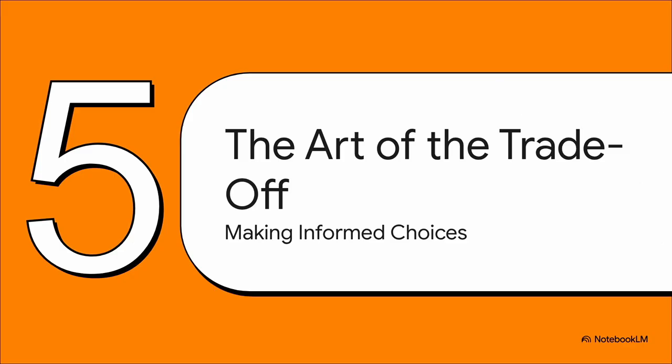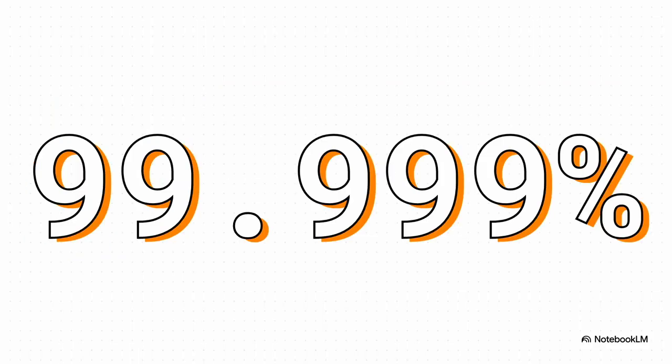And that really brings us to the core of this whole thing. At the end of the day, system design isn't about chasing some kind of theoretical perfection. It's about mastering the art of the trade-off. We even have a language for this. We talk about a system's reliability in nines. So the absolute gold standard is 5 nines, or